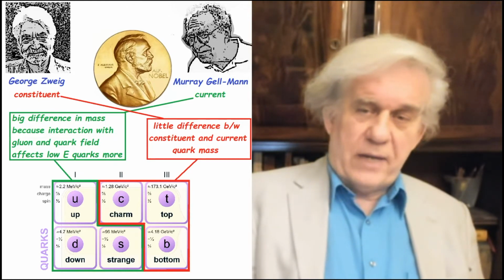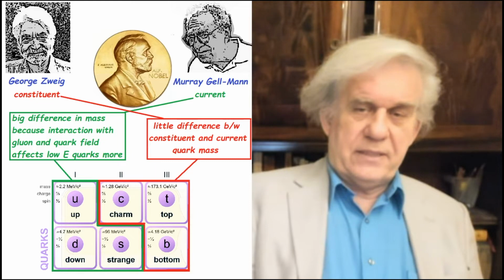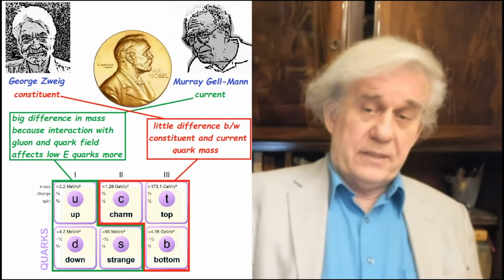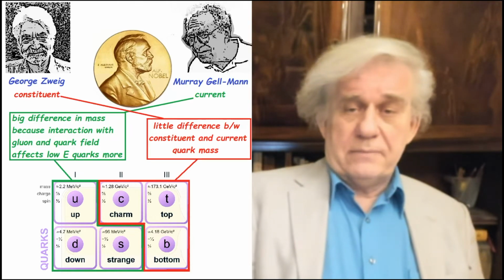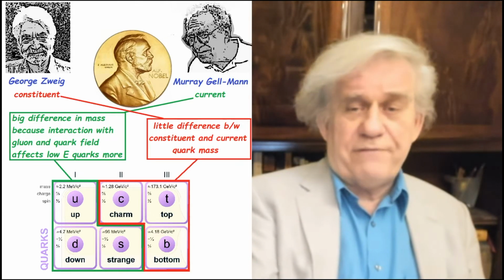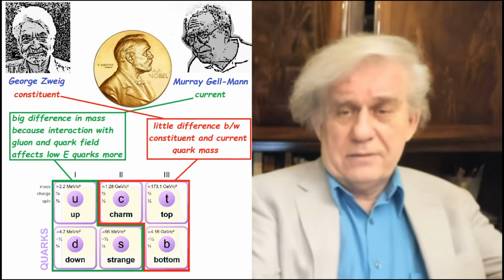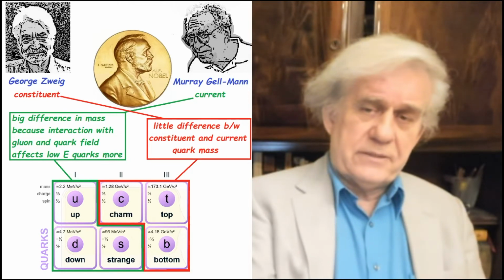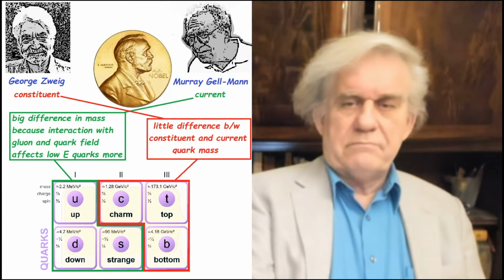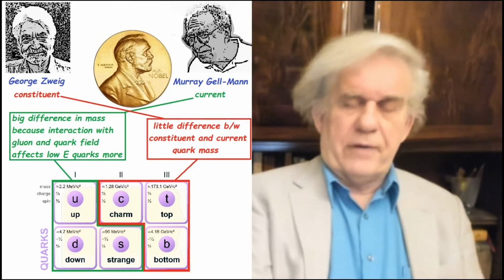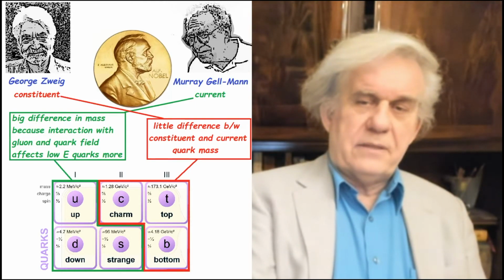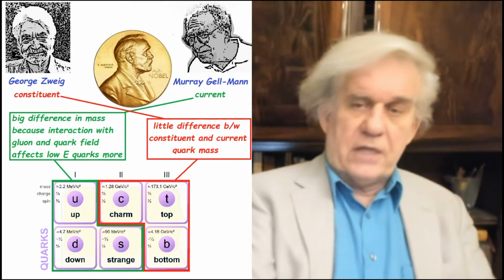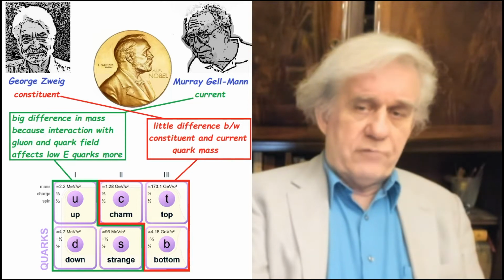What happened was that Zweig went to Caltech, and he studied. He went to Gell-Mann and asked him to be his supervisor for his thesis. And Gell-Mann rejected him. I guess he had too much work or whatever. He said, "No, go and see Feynman," who was down the hall. And so Zweig went down the hall and asked Feynman to be his advisor, and Feynman agreed, and so he eventually became his supervisor. So what happened is Zweig started investigating. He went to the lab. He started looking at some of these collisions and doing his calculations, all that stuff, and he came up with the notion of quarks, essentially.